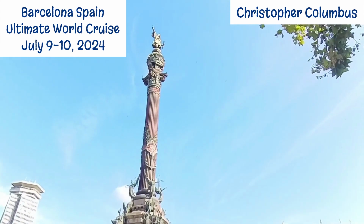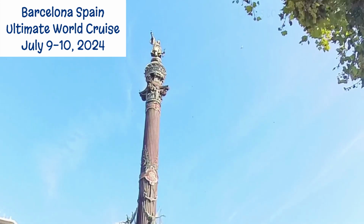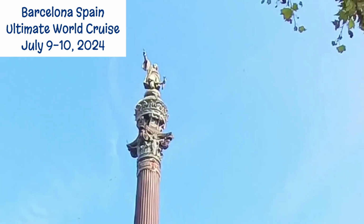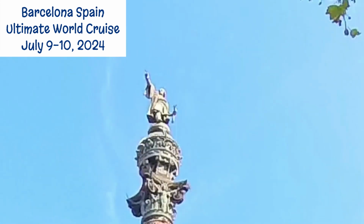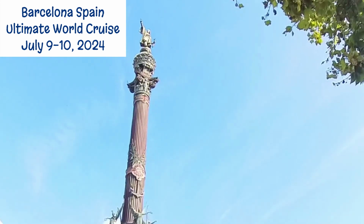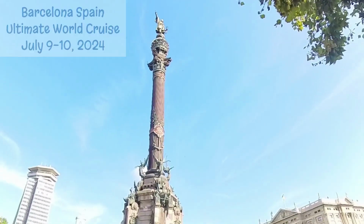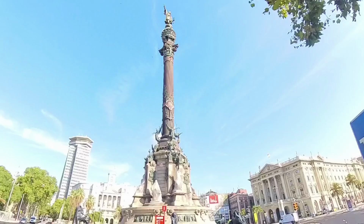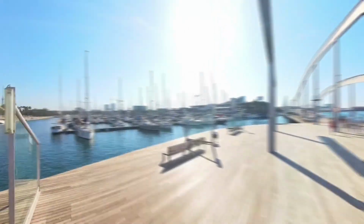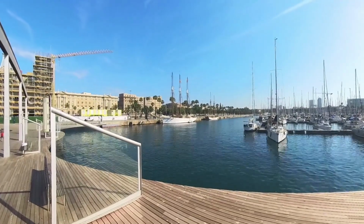July 24, we're on the Ultimate World Cruise, and we are in Barcelona, Spain. The first thing we have here is a statue of Christopher Columbus. We're on our way to see the Basilica de la Familia Sagrada, which is the most visited tourist attraction in